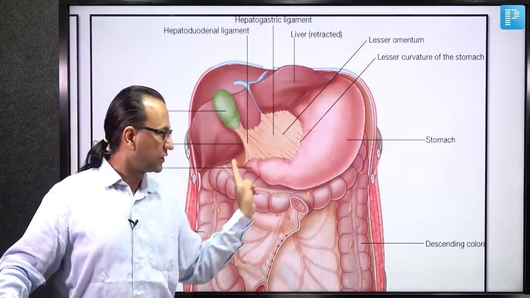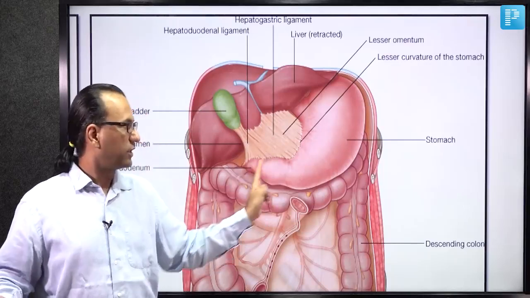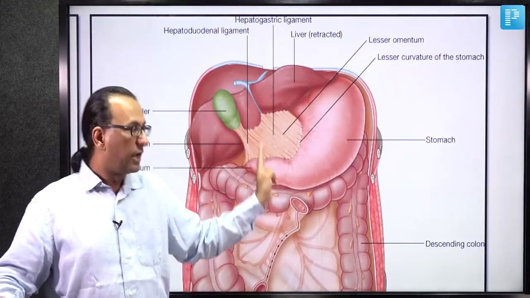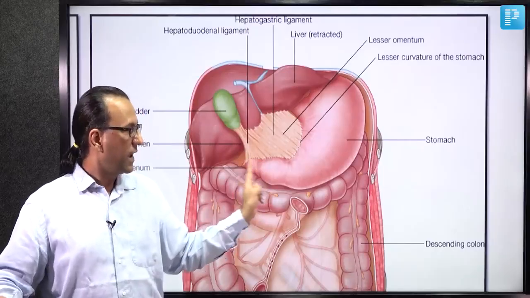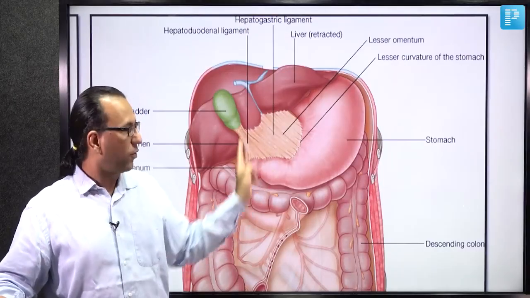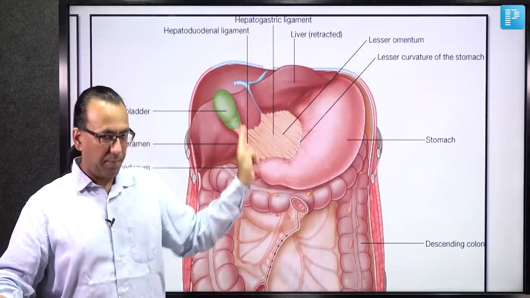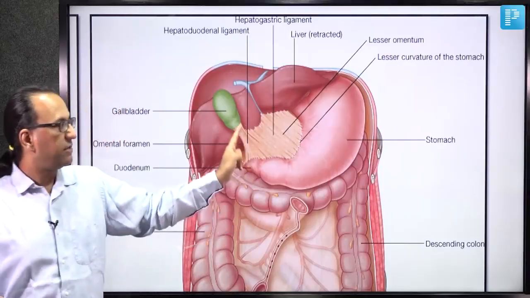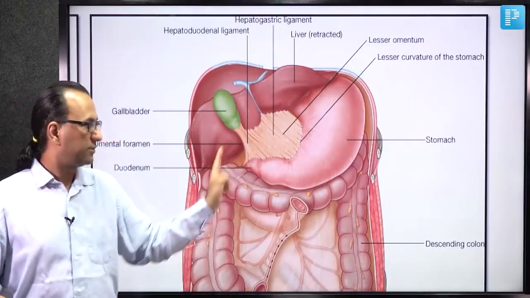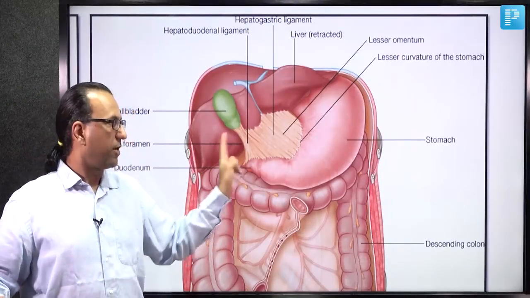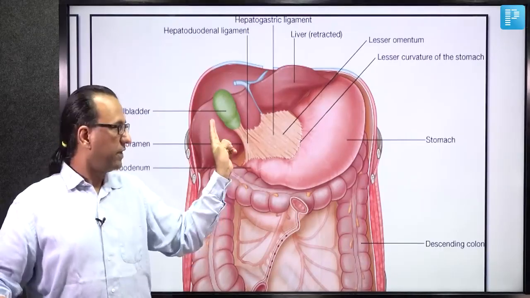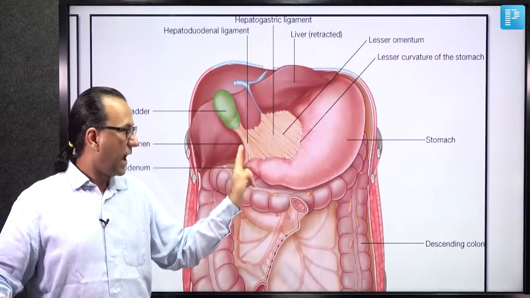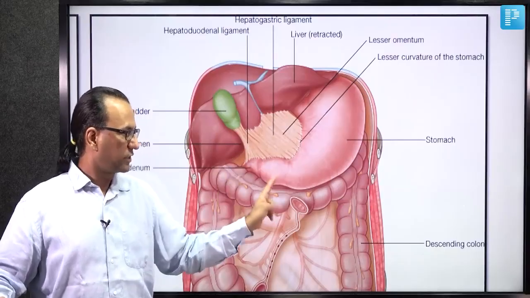The hepatoduodenal ligament, attached to the first part of the duodenum, is also called the free margin of the lesser omentum, containing the DAV structures: D for the bile duct, A for the hepatic artery and V for the portal vein, carried to the porta hepatis of the liver. And the DAV structures will form the anterior boundary of the epiploic foramen of Winslow, which has the superior boundary of the first part of the liver, or caudate lobe of the liver, and the inferior boundary is the first part of the